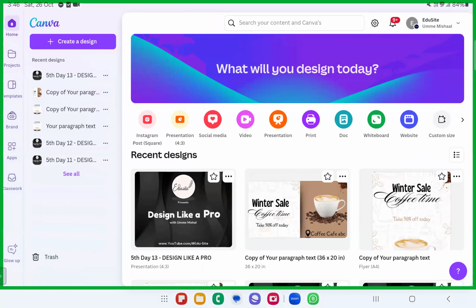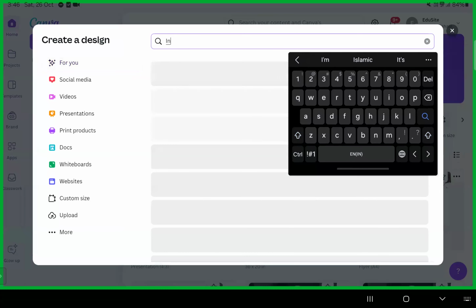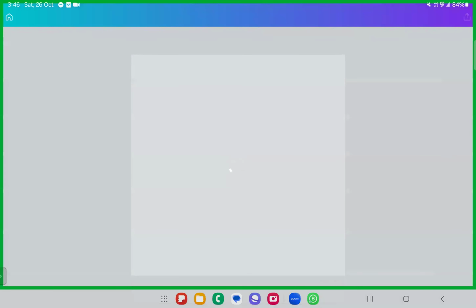If you want an invitation card flyer, you can just click on create design and go ahead with the invitation card. If it is a wedding invitation card, if you want it in the landscape pattern, you can go ahead with the landscape. Or usually we select the portrait kind of invitation cards, to give a good feel. So you can just go ahead with the portrait pattern.